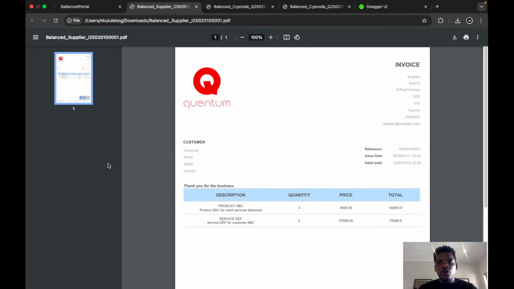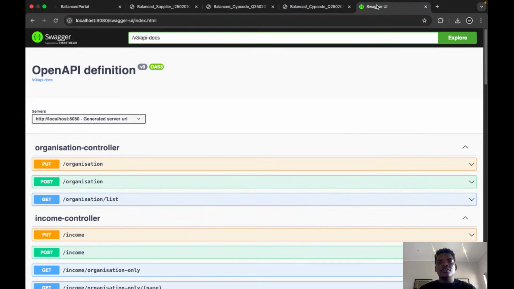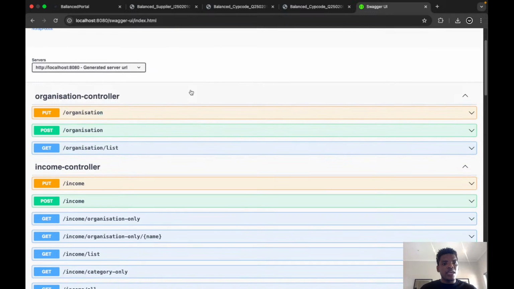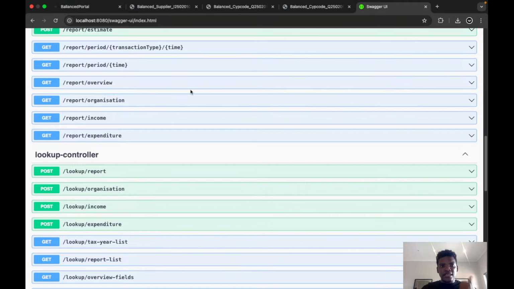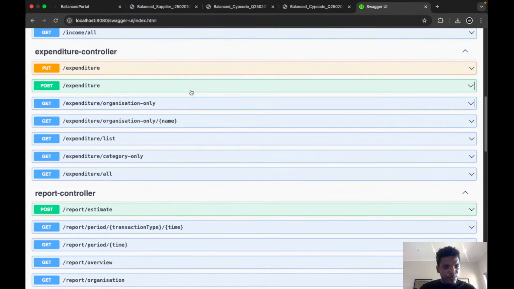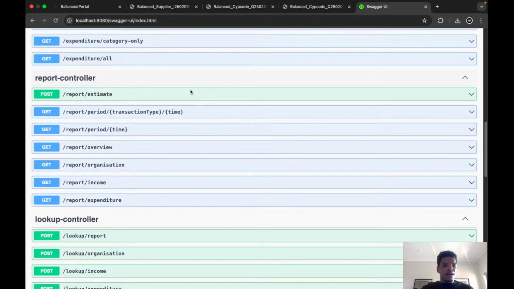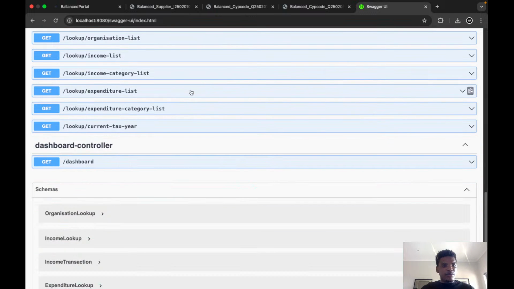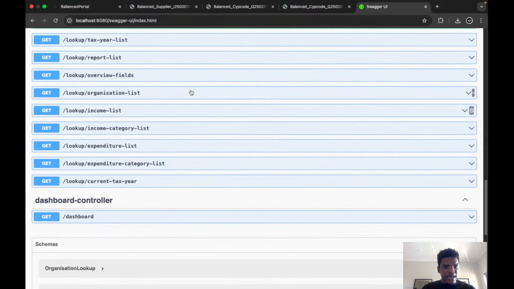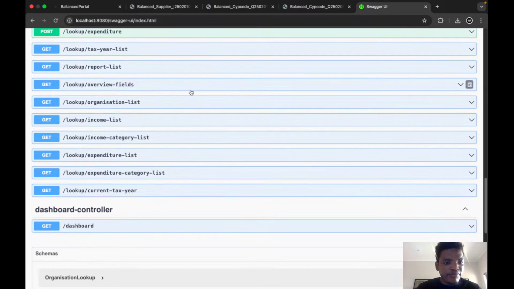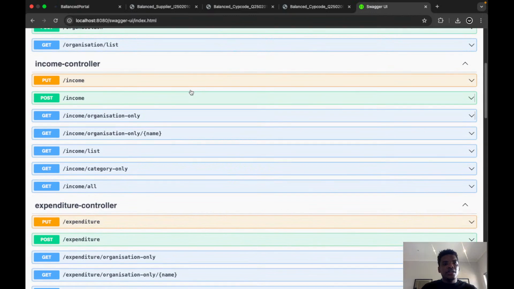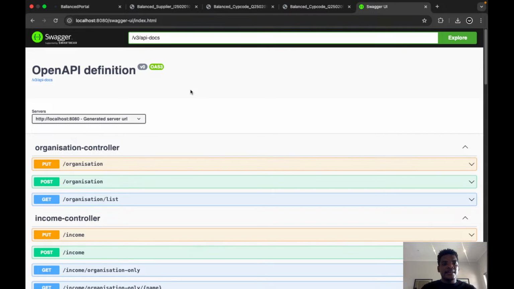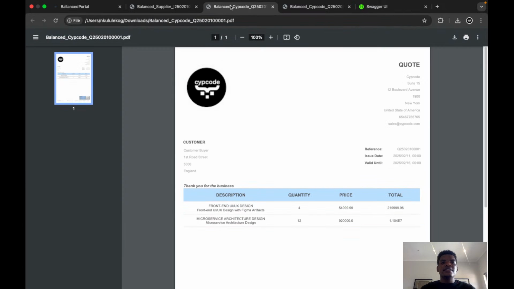And you will see on the Swagger, you will see a lot of APIs that are running, a lot of the income, the expenditure, the reports, and the lookups for populating some of the lookups that we have, and the dashboard data for those that are already registered within the system. So you'll have a dashboard endpoint like that. So this is just to show you the APIs that are running under the hood. So that's an end-to-end of the